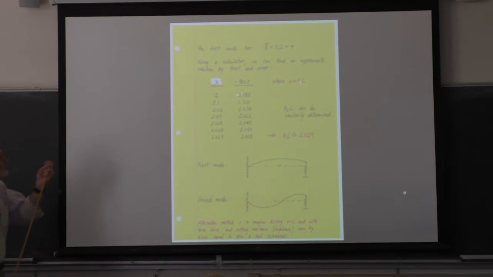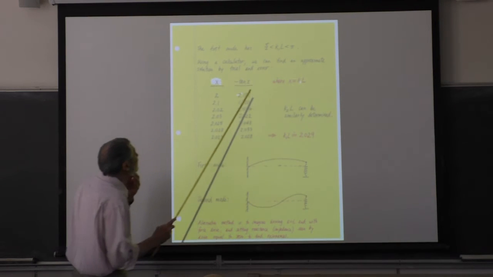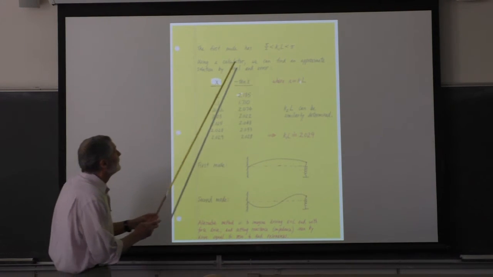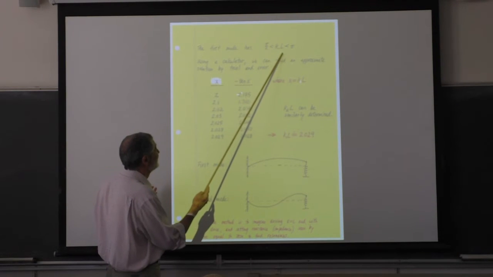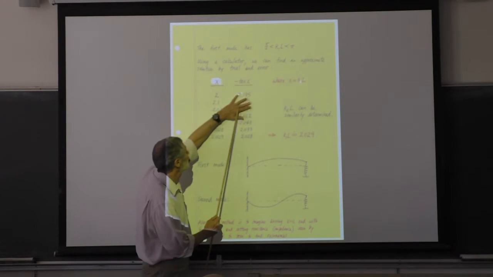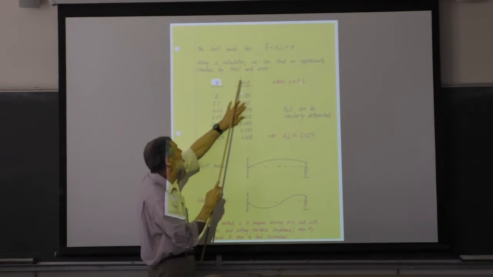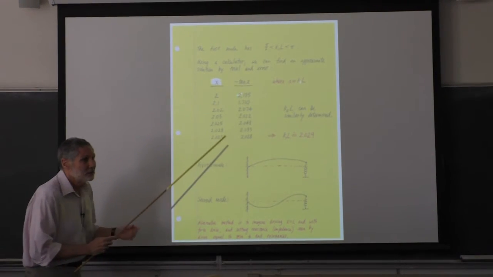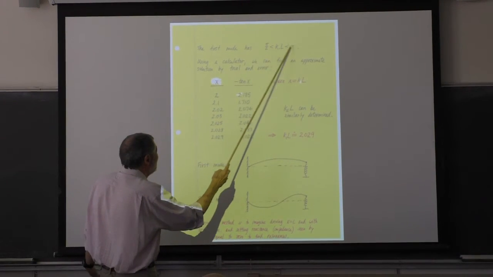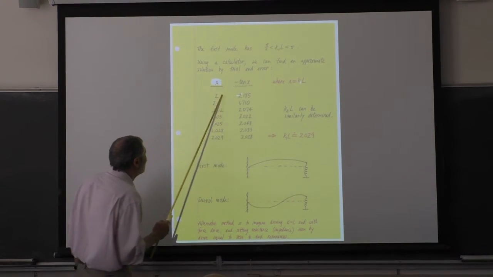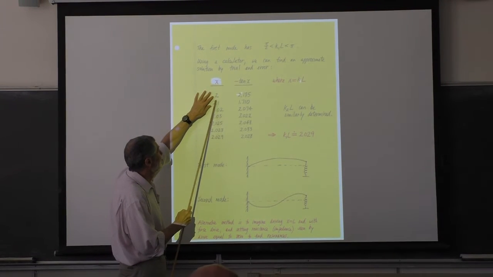Okay, so again, the first mode has to lie in this range, the KL value. So here's the idea. This is roughly 3, this is 3/2. I started at 2, and I didn't know the answer or anything, okay? But I know I want to pick an initial value roughly midway, somewhere between these two values. So I chose 2. I wrote it down, I form a table, I write it down, and then I